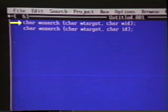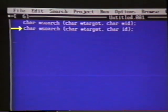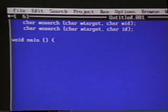It begins with char *search(char *target, char *id); This is for the string search. char *search(char *target, char id); searches for the character. The next line is void main(). Next is char name[] = "ABCDEFGHIJKL";